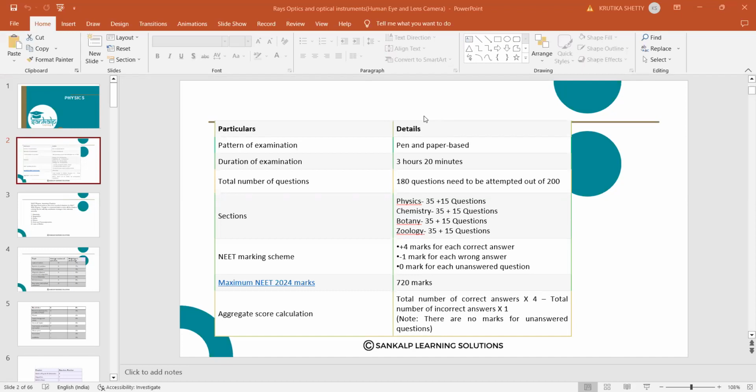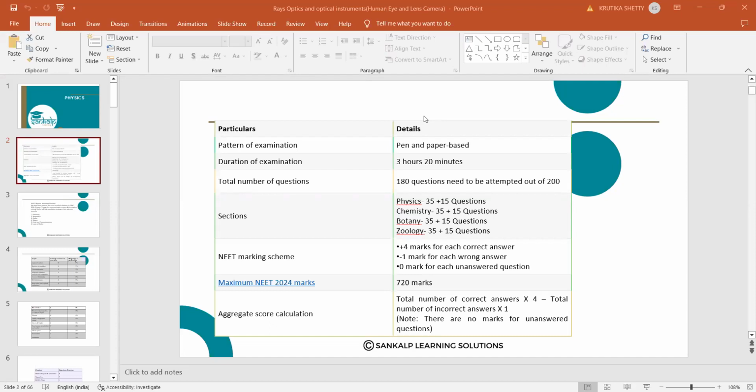That marks, they are not taking it as -1, it is taken as 0. So it does not count. If you are sure with the answer, mark it, you will get +4. If you are not sure with the answer, then you can just leave it. So try to avoid the negative markings.